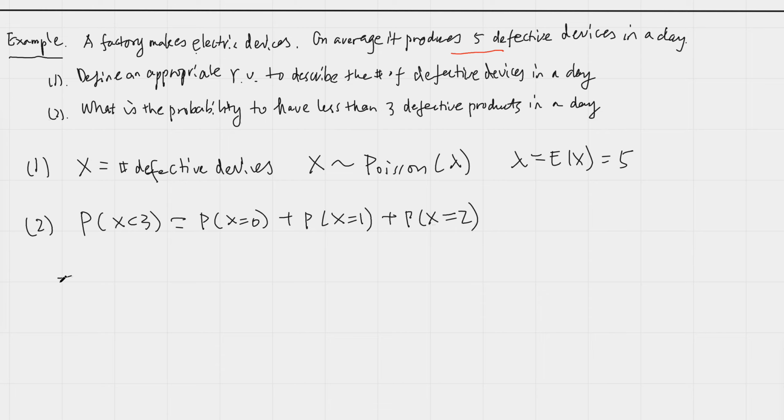Okay, so now we can use the Poisson distribution formula to calculate these items. The first one is lambda to the 0 divided by 0 factorial times e to the negative lambda. The second one, lambda to the first divided by 1 factorial times e to the negative lambda, plus lambda to the second divided by 2 factorial times e to the negative lambda. So this is roughly